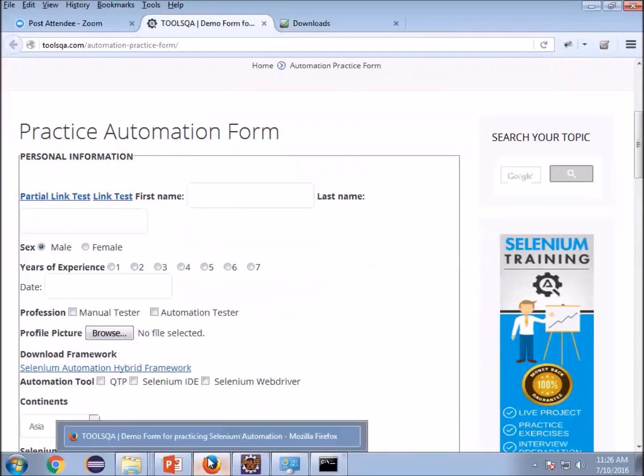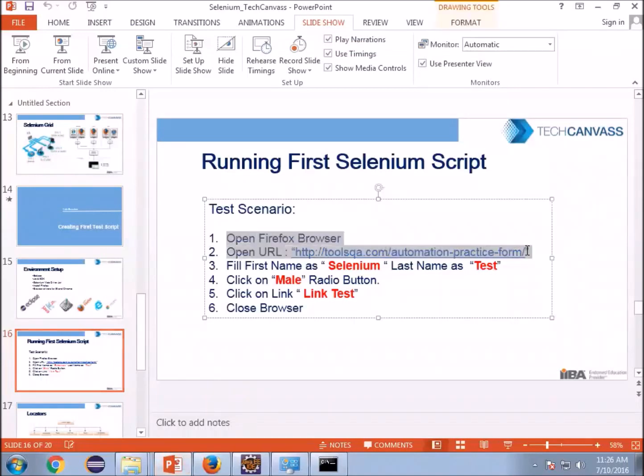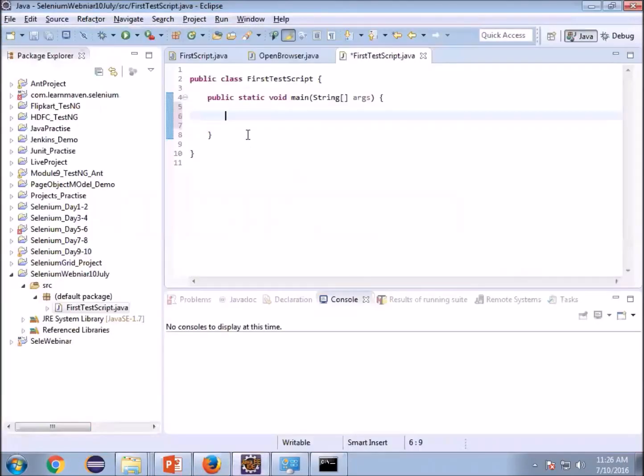Now, how to recognize these boxes and how to enter data inside them? Let's see. First we will write our code to satisfy these two steps. First is to open the Firefox browser. To open the browser, you just have to write WebDriver driver is equal to new FirefoxDriver.